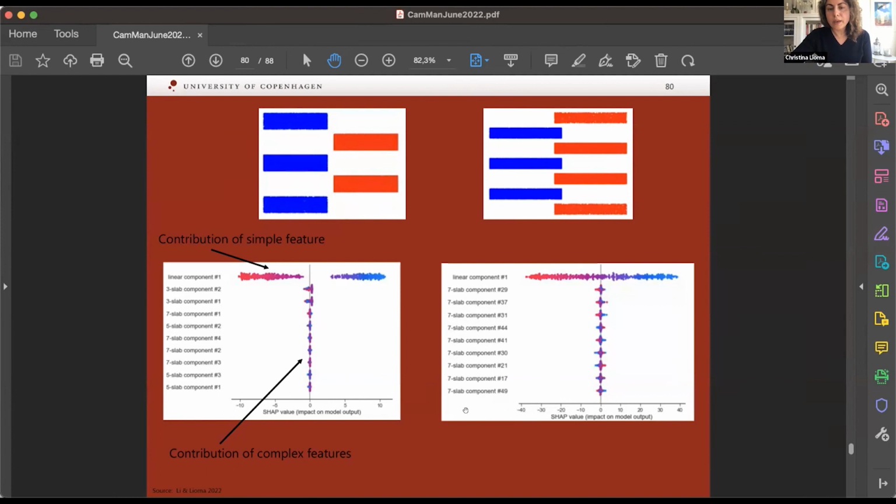And on the y-axis, we have in the first line a simple feature that has only one linear piece in its decision boundary. And then we have a series of other more complex features. And what we see is that at the top, for the simplest feature, we have high Shapley values. That means that the simplest feature actually contributes a lot to the output of the neural network. And for all the remaining complex features, we have values that are very, very close to 0. They are condensed around 0. So we see very little contribution of complex features to the output. And this is something that ablation cannot always capture, but Shapley's value does.